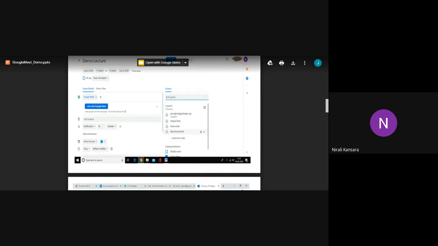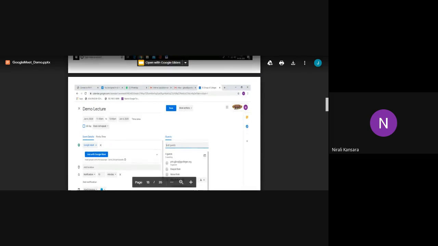As many guests as you want to add, you can select from this drop-down. Or if you have email IDs stored in an Excel file or in any other file, you can copy all those email addresses and paste them here. So all those guests will be invited to your meeting.